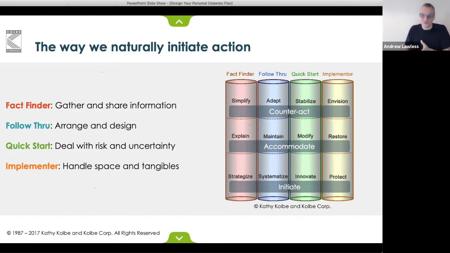Let's talk about follow through. If you counteract in follow through, that's the blue column here, you're good at shortcutting and adapting. I'm a follow through, and I will give you a few examples in a minute of what that means to me in terms of my diabetes care. But when you initiate in follow through, you're good at systemizing and planning and so on. And I will share with you in about 2 minutes that I'm not that person, but my wife is. So in my diabetes care, doing this together has really helped me to lead a wonderful life and do other things that I mentioned before.